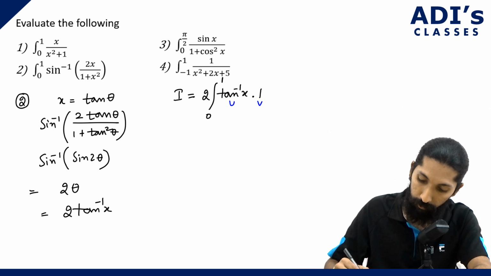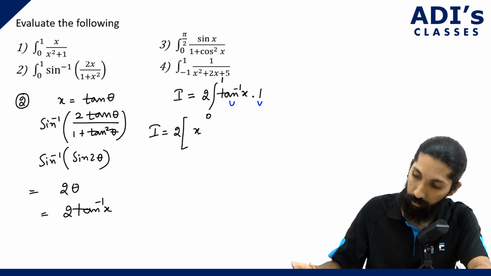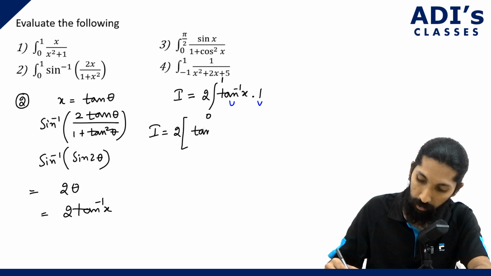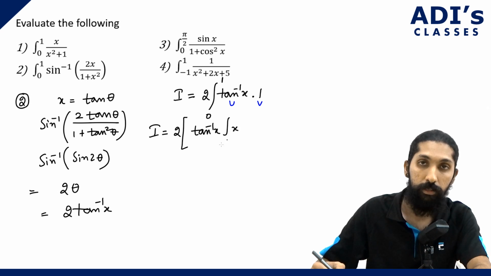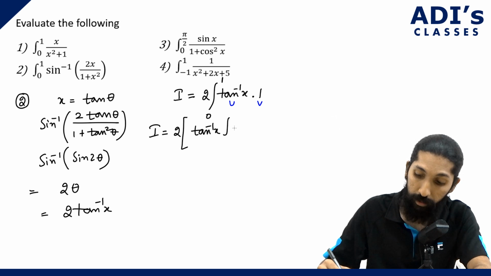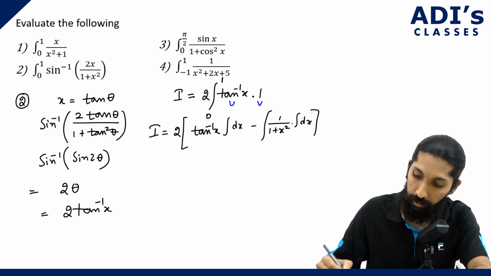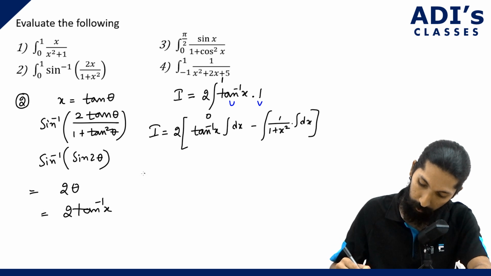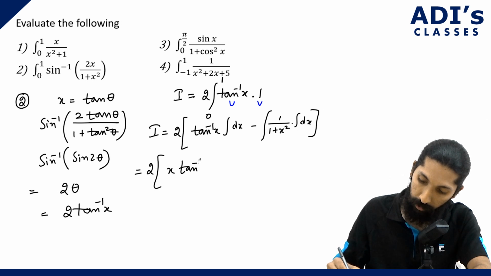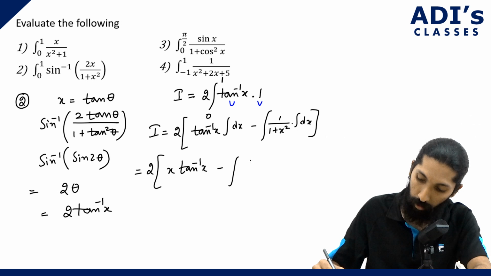So you are going to have I is equal to 2 times, tan inverse of x into integral of dx, which is 1, minus integral of 1 by 1 plus x square into integral of dx, correct? So this is going to be 2 times x tan inverse of x minus integral of x by 1 plus x square,